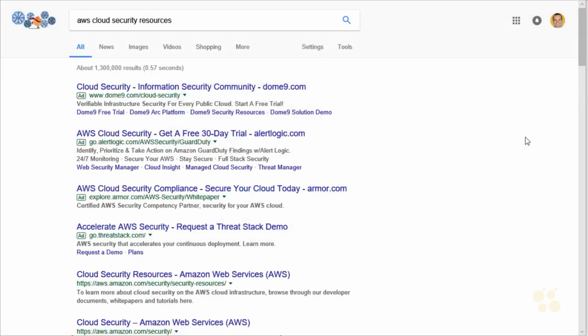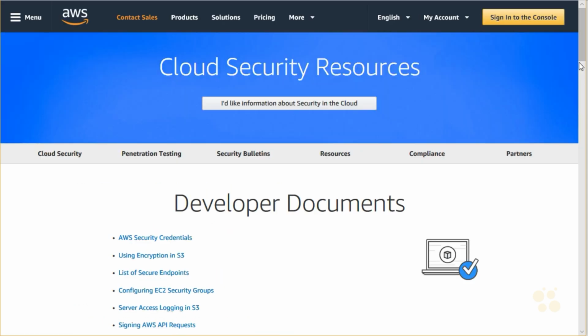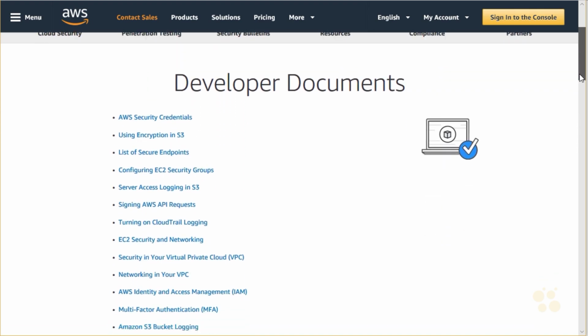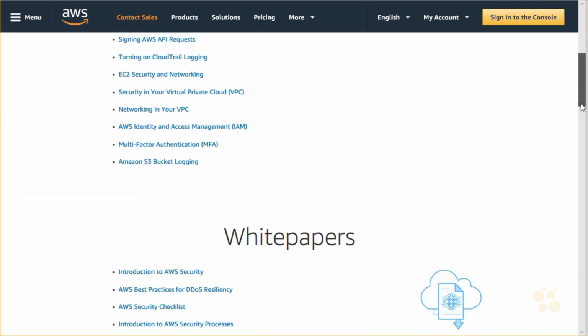But beyond technical support, there are excellent free resources available to us to assist us when it comes to properly designing and implementing our Amazon Web Service security. So here I've done a Google search on AWS Cloud Security Resources, and the very first non-ad link in Google is Cloud Security Resources for Amazon Web Services. Spend some time here. You're going to really be impressed with the developer documents around various areas of security, white